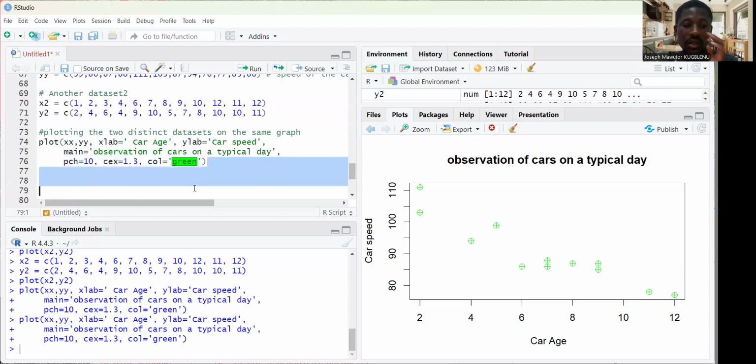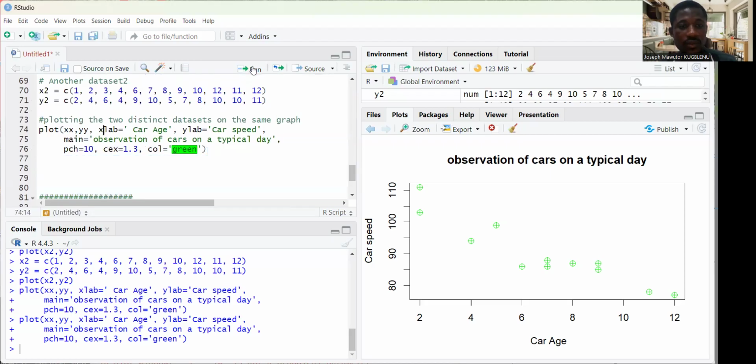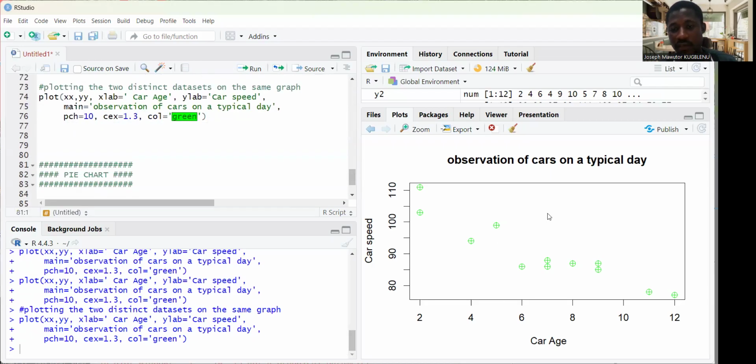Control Enter. Okay, I think I've already run it. This was data set one. Check my graph. Data set one. Good. Now that I have my data set one, I want to build data set two on it so that probably I can take some clip from it. But before I do something,